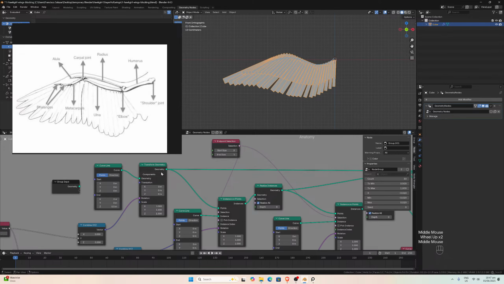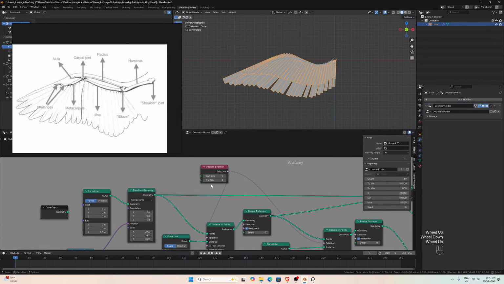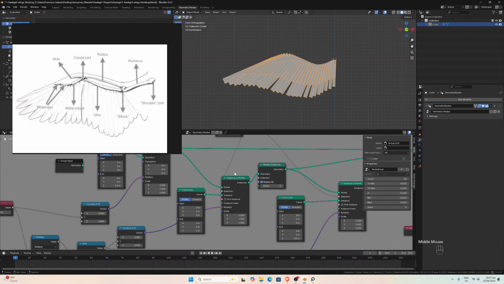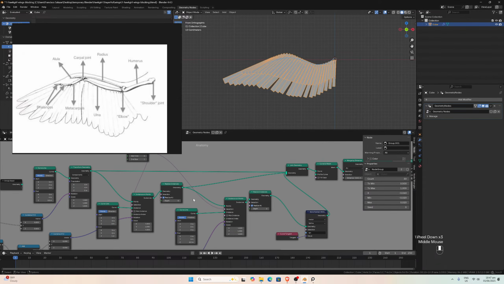I create one curve, then to create the other curves I have to go to the points. In this case, with this node, I go to the ending point and instance something at that point, that is a new curve line, and to convert that into geometry I use this one. So I repeat the process for the third line,